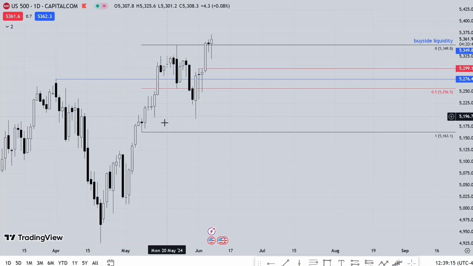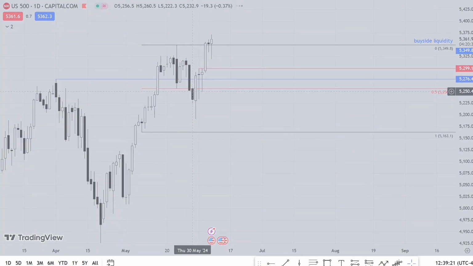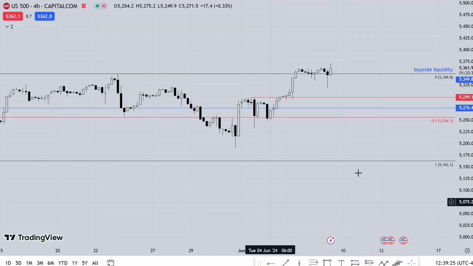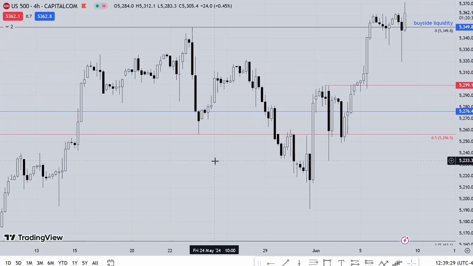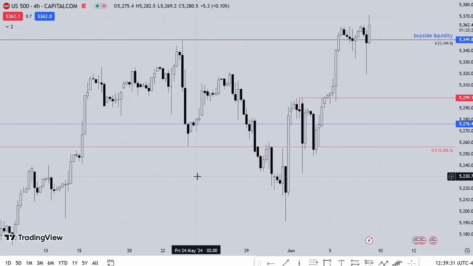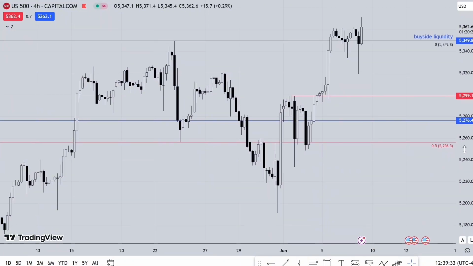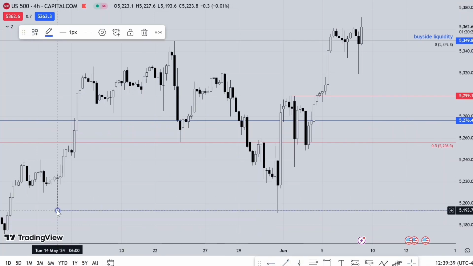But that's by the way. So as you see, if you go down to the 4 hour time frame, after this expansion leg higher, I gave an assignment to the group